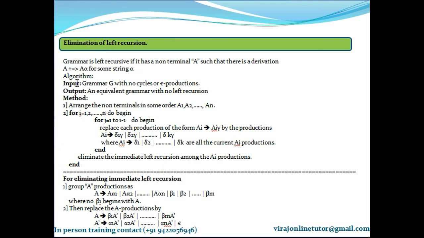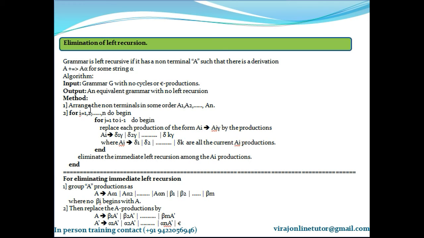So this is an algorithm for eliminating indirect left recursion. So how did I explain? First, sort the productions based on a particular order. You can also consider the productions in the order in which they have been given to you all. Second is, if the leftmost non-terminal is defined on top of it, replace it with the productions of that particular non-terminal. And the final step says remove the direct left recursion.